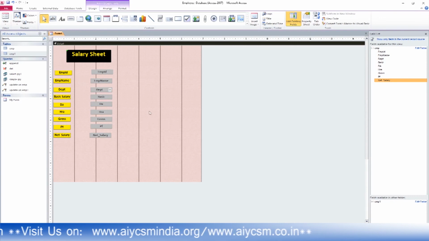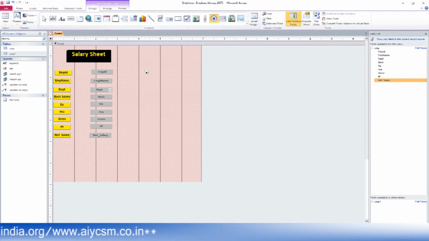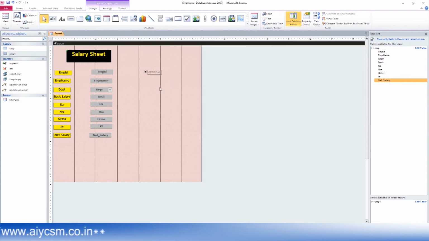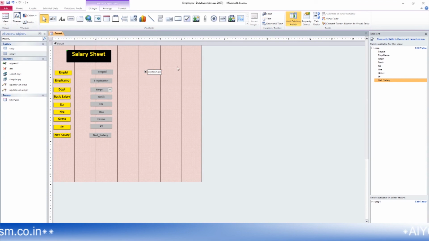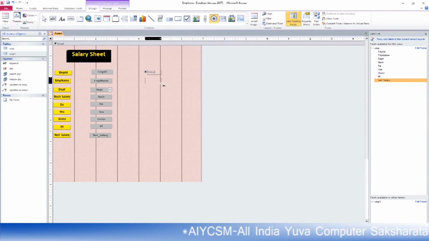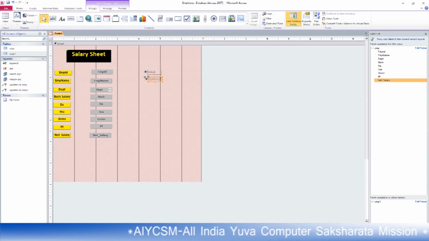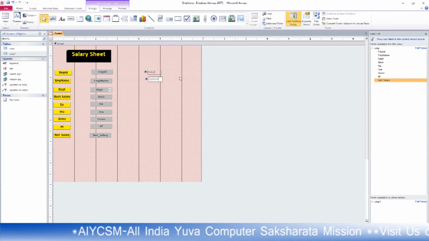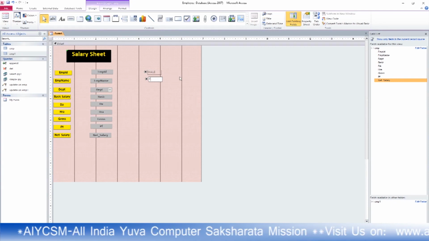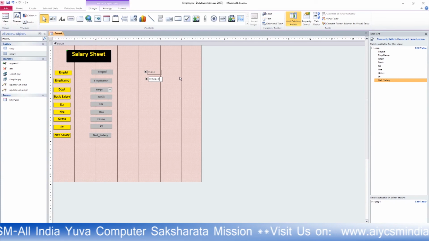Now I have to insert different types of buttons. This is an option button. If you click on this and insert it like that, you can provide the value in this: male or female. Male or female.